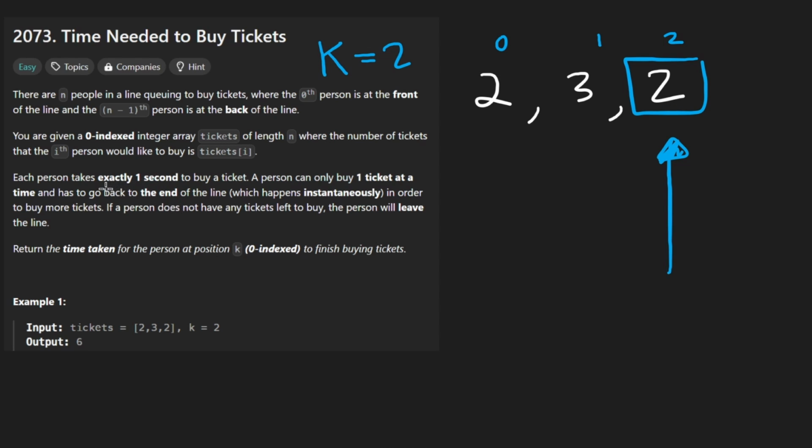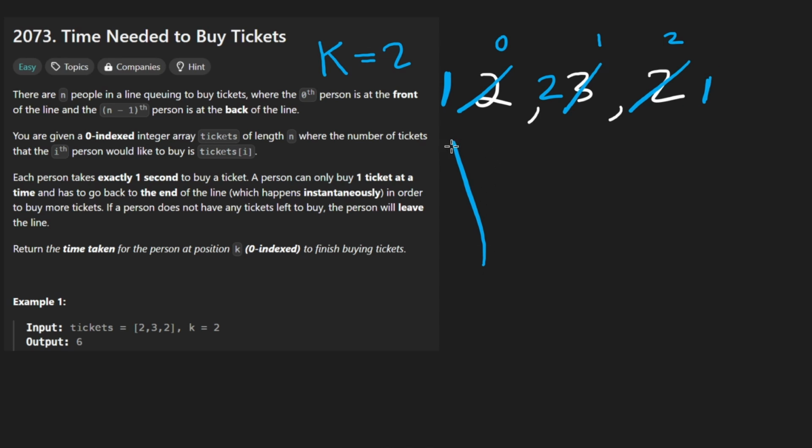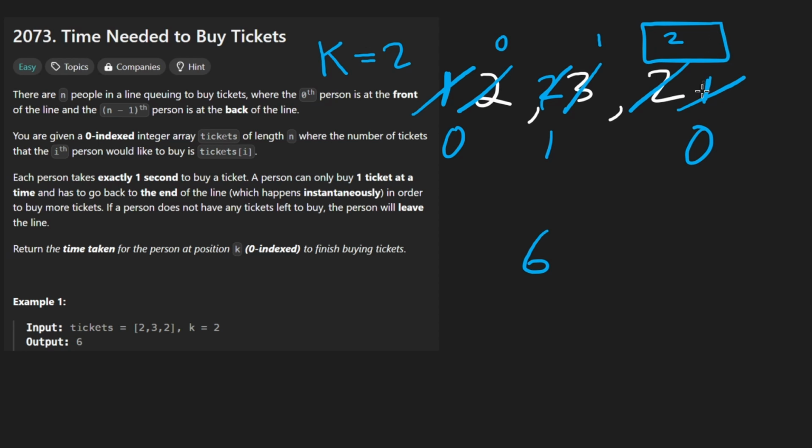Now, that's not how they really phrase it. They say 1 second, so I guess I'll stick with that. So every time we want to buy a ticket, it takes 1 second. So this person buys a ticket, now they only want 1 ticket, that took a second. Now this person wants 2 tickets left, now 2 seconds have passed. This person wants to buy a ticket, now they only want to buy 1 ticket. So doing those 3 turns, those 3 steps took 3 seconds. And if we continue again, this person buys a ticket, 0, this person buys 1, 1, this person buys a ticket, now 0. So in total, it took 6 seconds before the person at index 2 bought all the tickets